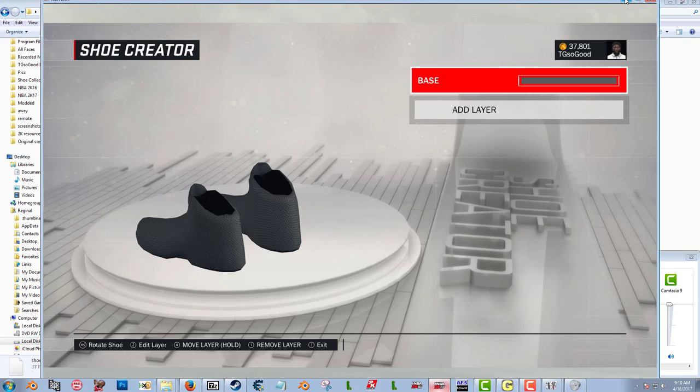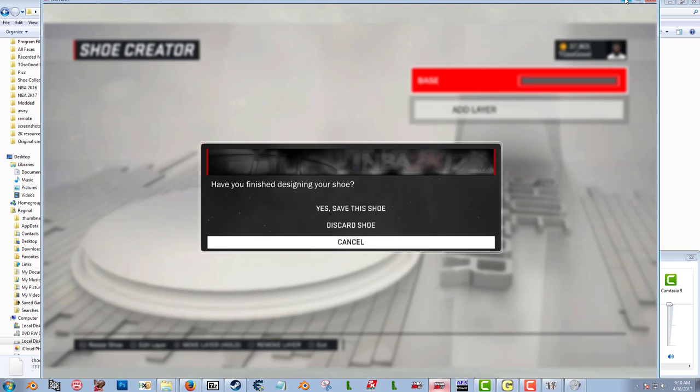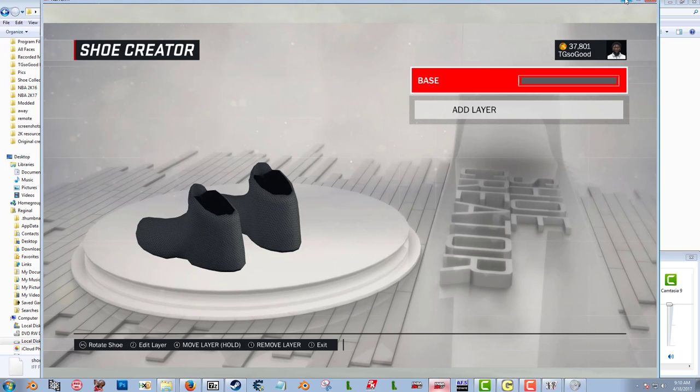If you guys stick around, I'll try to have a video for how to change the shoe models that are actually on the player's feet. And those shoe models, that one is a little more intricate process, but those shoe models